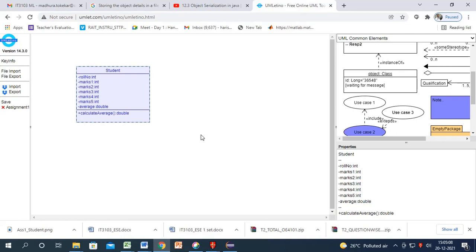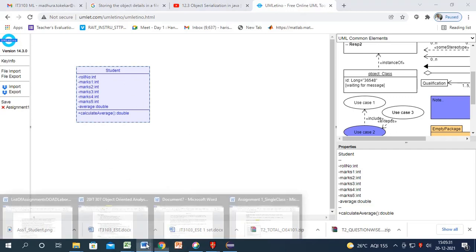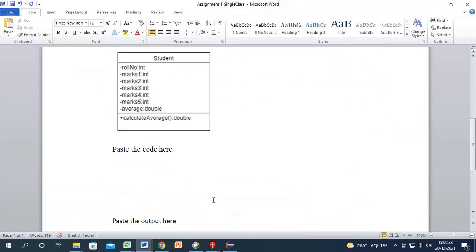So this is a standardized UML, Unified Modeling Language, version 2.0 diagram. This diagram is known as the class diagram. So this class diagram you are supposed to paste here. Then based on this class diagram you will be doing the code in Java.